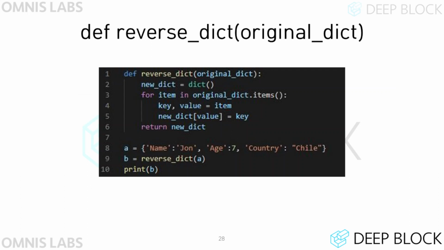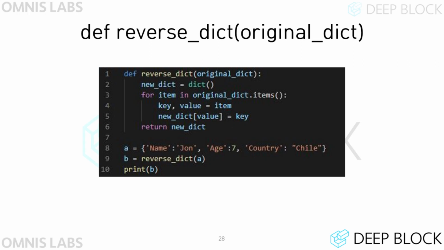For example, we can implement the reverseDict function by utilizing the items method as follows. First, we initialize a dictionary called newDict that the function will return, and assign the key and value pairs to a variable called item one by one using the for statement and items method. And inside the for statement, the key and value are reversed and stored in newDict. When the iteration ends, the function returns newDict.